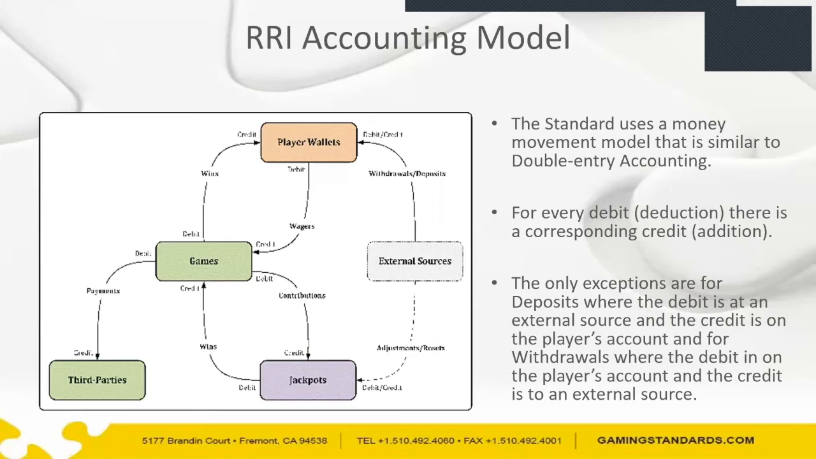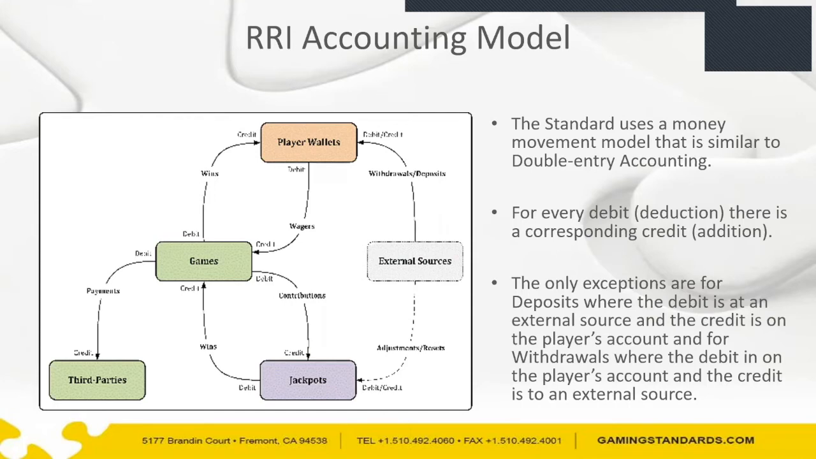So if a player wagers money from their wallet, there is a debit to their wallet and there is a credit to the game. Then the game plays. If they win, then there is a credit to the player wallet and there's a debit to the game. If the game pays a fee because it is maybe a premium game, and the supplier gets a portion of the wagers placed on it, the game is debited the amount of that fee, and the payment goes as a credit to the